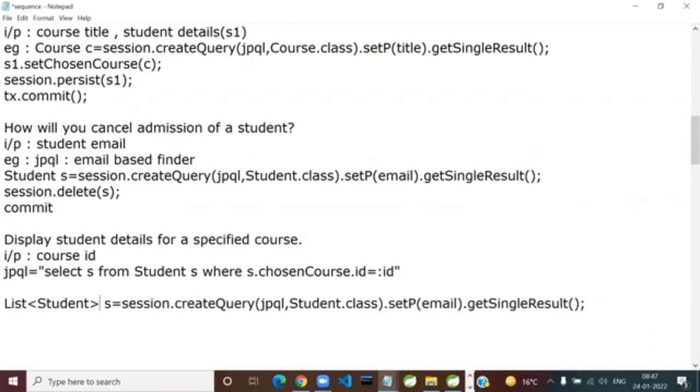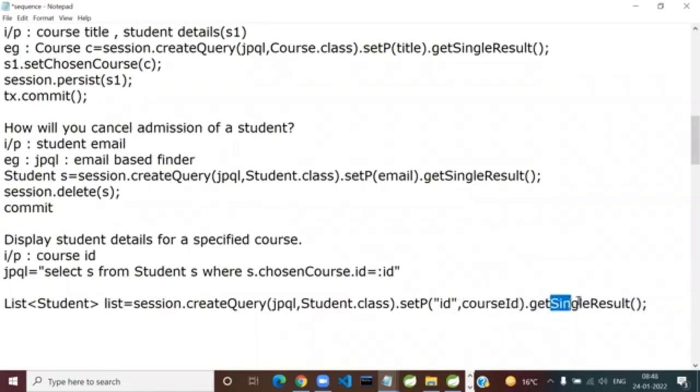I hope by now you have realized the worth of it. So suppose a List, and here, setParameter to course ID. For example, if I say the first name is ID, and whatever the user gives me as the course ID in this manner, this will be your getResultList.